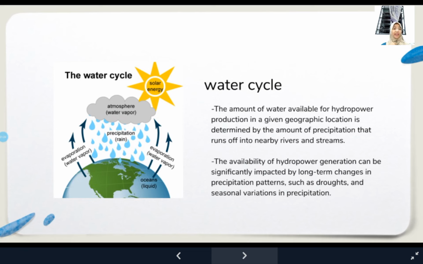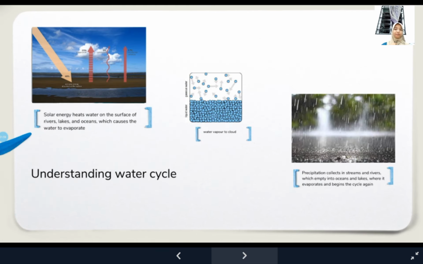That means if a drought happens, then the construction will change. And the availability of hydropower generation can be significantly impacted by long-term changes in precipitation patterns, such as drought and seasonal variation in precipitation. And then this is just the basic understanding of the water cycle, which we have learned in